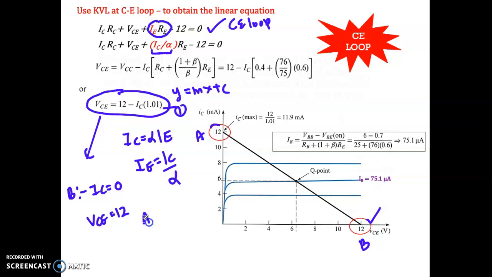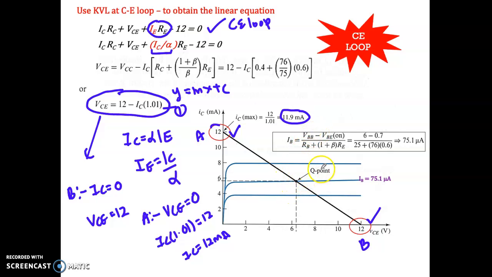So how can you get the point A? Point A means your VCE will be equal to 0. So you can get your IC equal to 12, so your IC equals 12 milliampere. So that's where we get 12 milliampere, or 11.9 milliampere. So once you have this intersection of A and B,